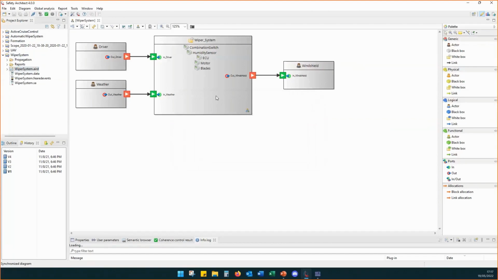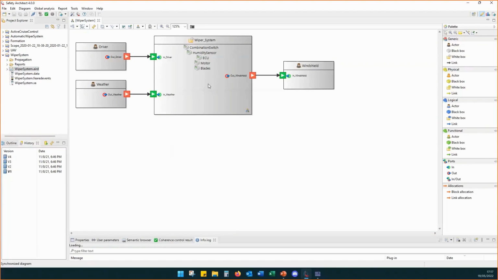And for the moment, all the projects that I present, the architecture have been created in Safety Architect. But it is not the goal of Safety Architect. We don't promise that we are a system engineering tool. The best is to import the architecture from other tools. But in Safety Architect, we have the basic concept to construct, to design system architecture. But in the next demonstration, I will show you how to import models from Capella or from SMW.